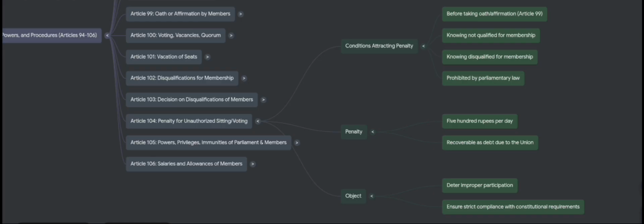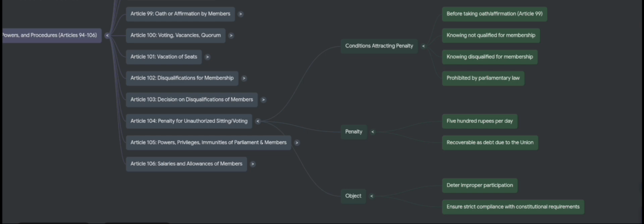It serves to ensure that only those legitimately entitled to represent the people and make laws can actually participate in shaping the nation's laws. It safeguards the integrity of the entire legislative process from unauthorized influence or participation. This provision really underpins the legitimacy of every vote cast and every debate held in Parliament. It ensures that only properly qualified, sworn-in representatives are making decisions on your behalf, safeguarding the very integrity of the